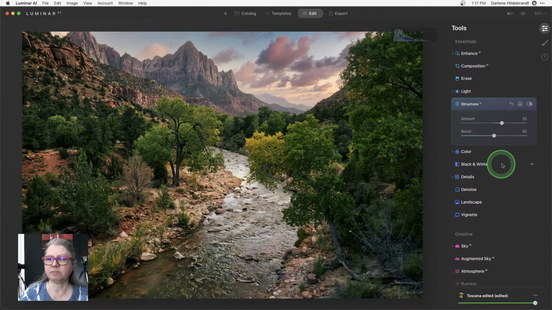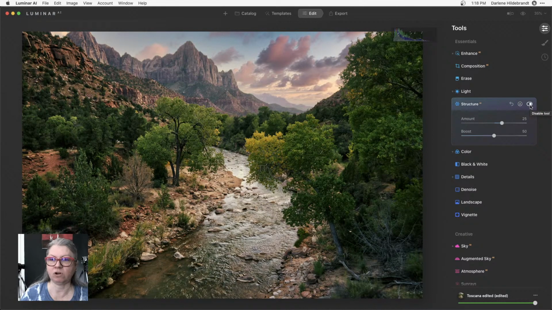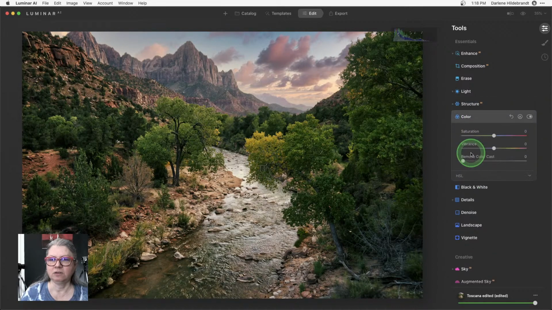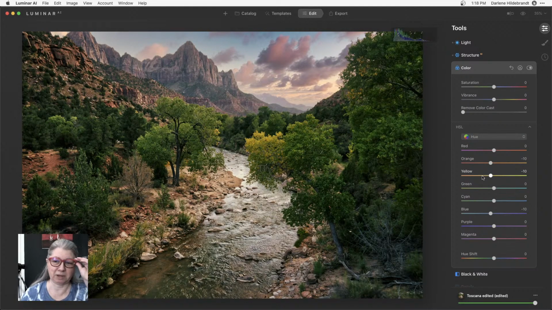A couple of the other things that have been applied with that preset or template was structure, okay? Structure adds a really nice punch, kind of like clarity if you're used to using Lightroom or Photoshop, right? So it gives you a bit of that punch overall, so that's working really nicely. Okay, the color panel does all kinds of things. This one hasn't been used, but I'm going to tweak the colors a little bit. It allows you to adjust the general vibrance and saturation, or it can go into the HSL panel, which is hue, saturation, and luminance. Luminance being brightness, right?